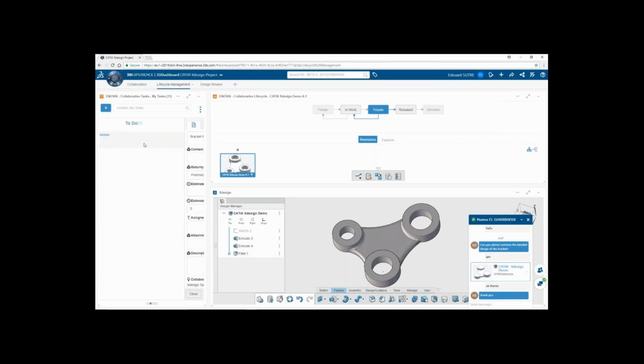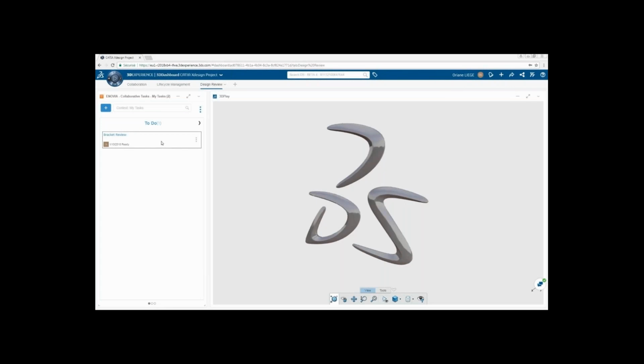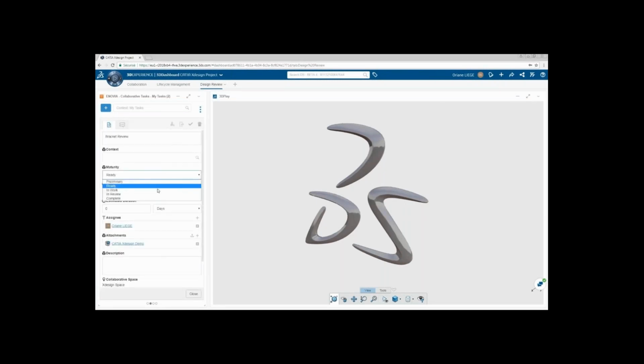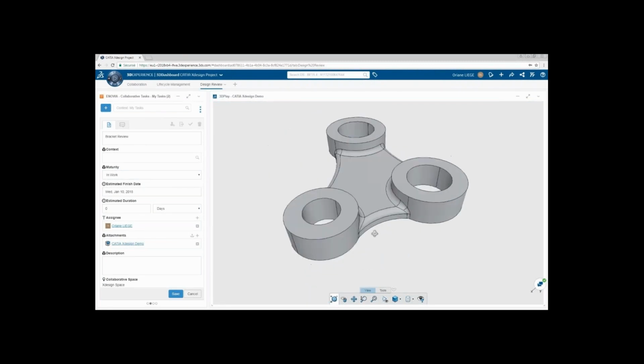So he is creating a task for the other user, assigning the task to Mr. Orion, and attaching that document just by dragging and dropping to that particular task. And he just needs to see that life cycle, where exactly the status is. There is no need for the person who has assigned the task to Orion to connect. Now Mr. Orion is checking what data has been assigned to his task.